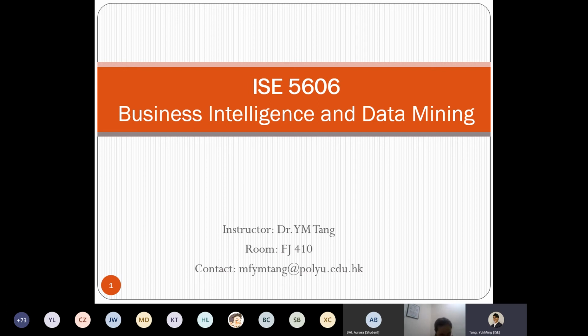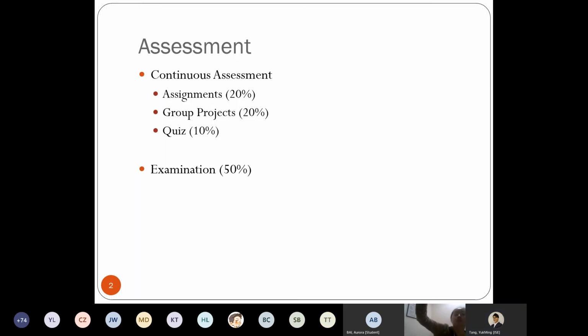Now let me talk about the assessment components. This subject consists of two major components. First of all, it's the continuous assessment part, which shares 50% of the total marks. And then we also have the examination, which is another 50%. For the continuous assessment, we have 20% for the assignments, 20% for the group projects, and 10% for